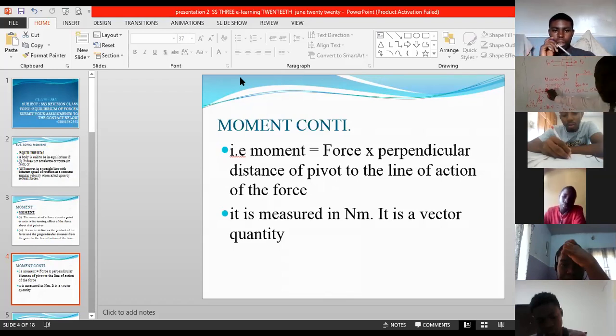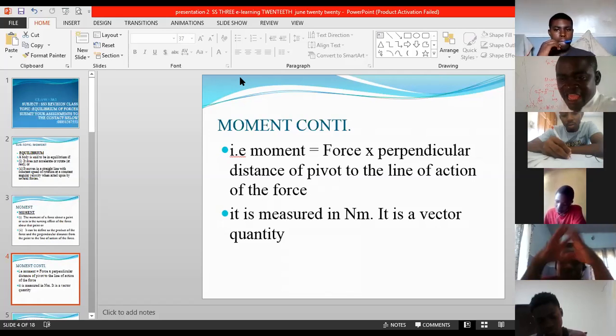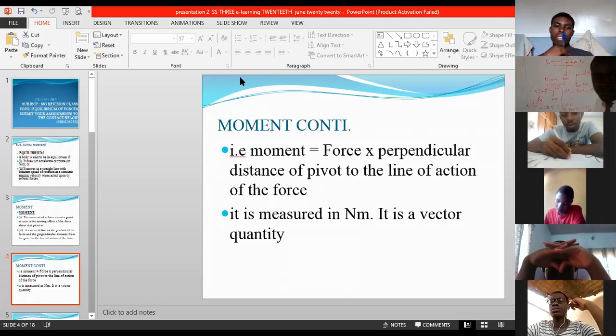Now this 40 has no scale, so use it like that. If the 40 is in centimeters, definitely it's 100 centimeters, so you need to divide this 40 by 100. Because you know that if you are converting from centimeters to meter, you need to divide by 100. Can you see that now? So now you can solve from there.